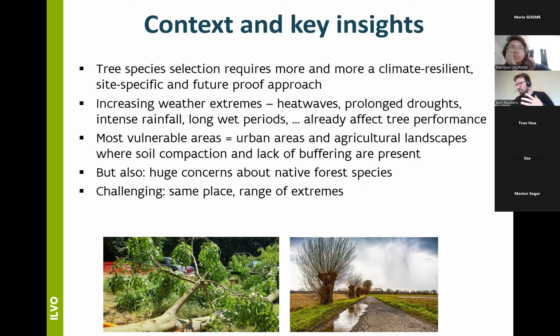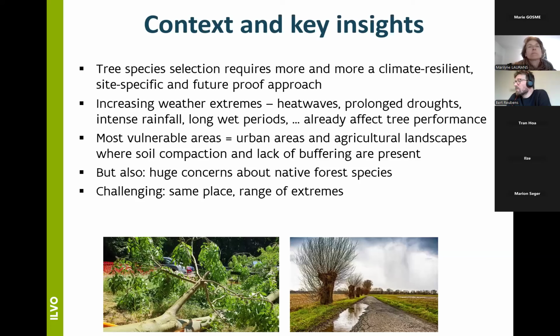Most forests have a better microclimatic condition and can cope better with extremes, but yet there's also huge concern about the performance and the dieback of even native forest species. I think this takes place all over Europe.